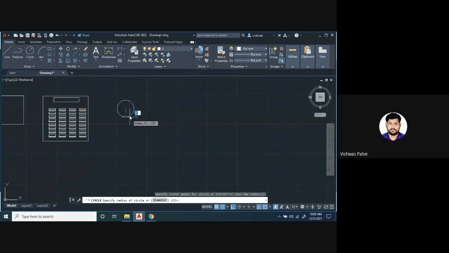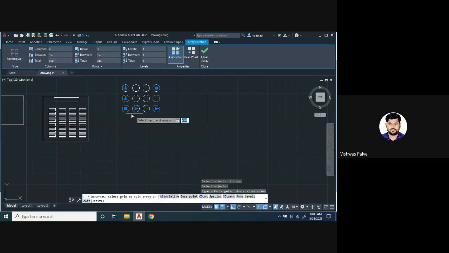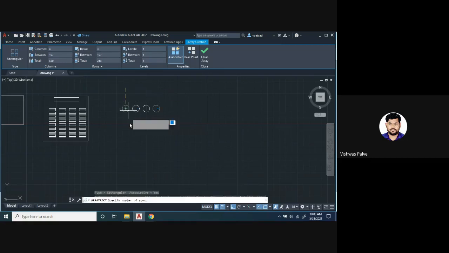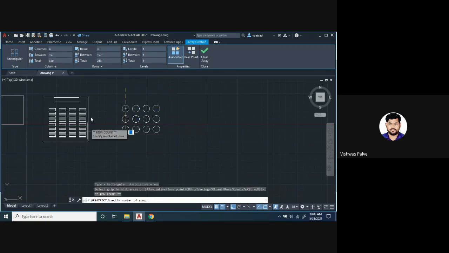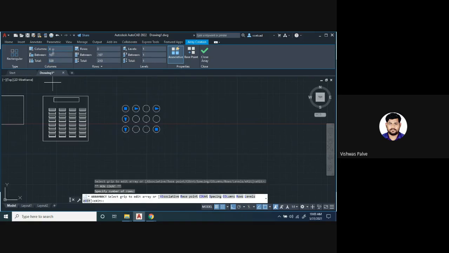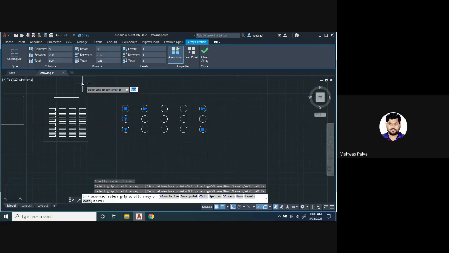I'll again show you with some simple objects. I'll draw a circle. Okay, a base circle is there. I will use a rectangular array. Select the object, press enter, right? You want it in vertical direction or downward direction, whatever direction you want, you can select. You can modify that. Suppose if I want to make number of columns 5, then the distance between them is 100, I will make 200. So we can increase that distance.